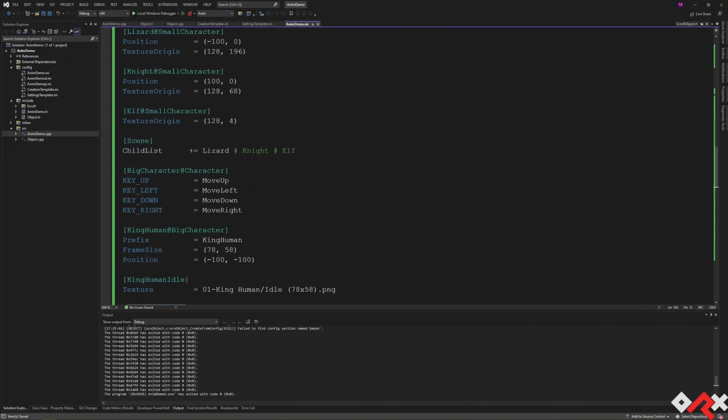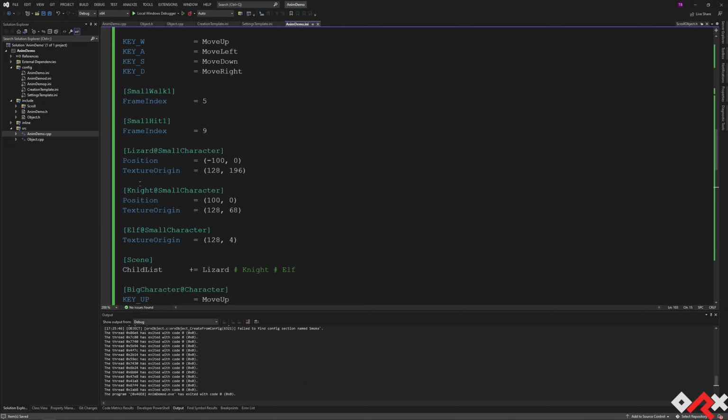So what we're going to do is that instead of doing it for the lizard, the knight, and the elf, and we know it's the same for all the small characters, we're going to add a custom event to the small walk 3, which is the third frame of the small walk animation, which is going to be inherited by any lizard walk, any knight walk, any elf walk. That's why Orcs is doing automated